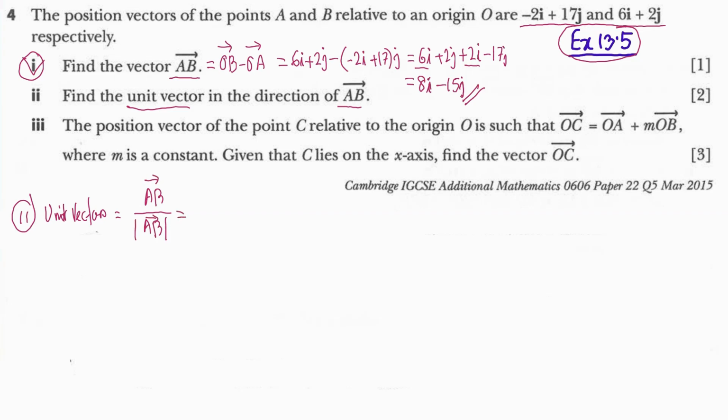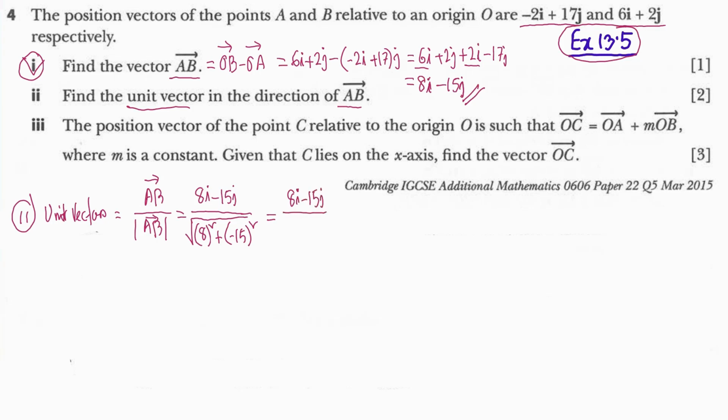So our vector is 8i minus 15j divided by its modulus. We can write the square root of 8 squared plus minus 15 whole squared. Minus 15 we need to put inside the bracket. So then it is 8i minus 15j,